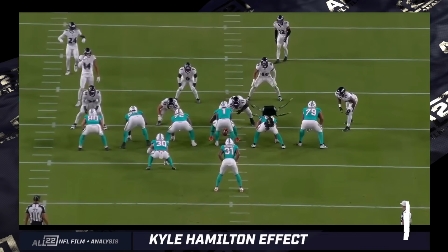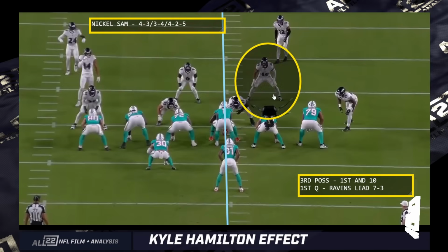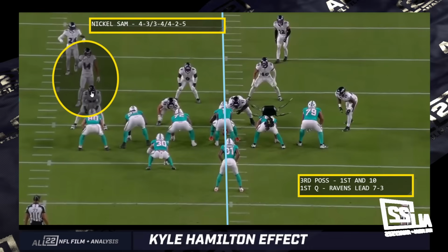Keep in mind, these things that I'm presenting to you are just in chronological order, so I've not been able to pick and choose what I want to show, but it happened to just work out this way. Hamilton, as I kind of mentioned earlier, you can play whatever you want with him. 4-3, so I'm going to refer to him as a nickel Sam, where Roquan is the Mike and Buchanan is the Will. He could walk up and be in the 3-4,